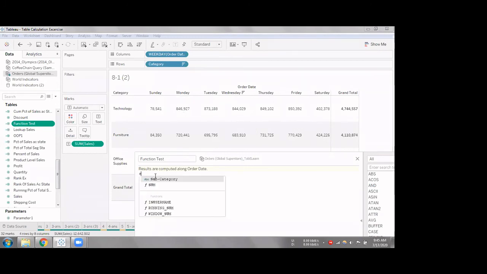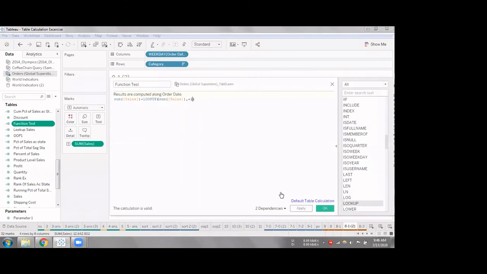So I'll take the sum of sales, which will give me the sales value for each cell, and then I have to pull up the previous value, whatever the cell that is before it. So I'll go to lookup, sum of sales, and my offset should be -1 because I'm going for the previous value, and calculate across order date.